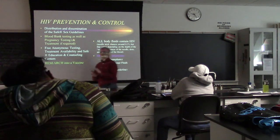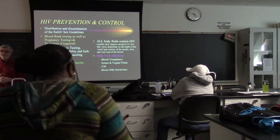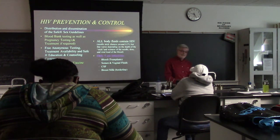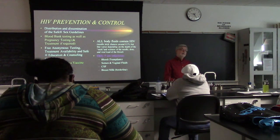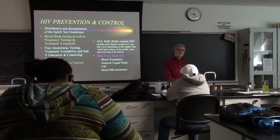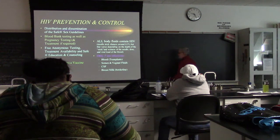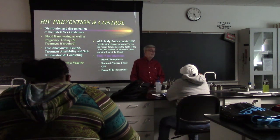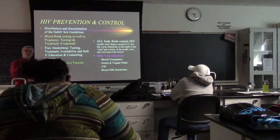And it says that the only way to prevent the transmission of this disease is to use a barrier that the disease can't get through, which in the current situation is a latex condom. So if a person's going to have unprotected sex with someone they do not know what their HIV status is, then the only thing they can do is use a condom. And a condom will protect you if used properly about 88 to 96% of the time. That's their effectiveness. So when used properly, you can get about 96% assurity that you won't get infected. And of course, if you don't know their status, that is even better, because it would only be dangerous with someone that had a high viral load. So first thing we want to do is tell people how they get infected and encourage them to use the barrier protections